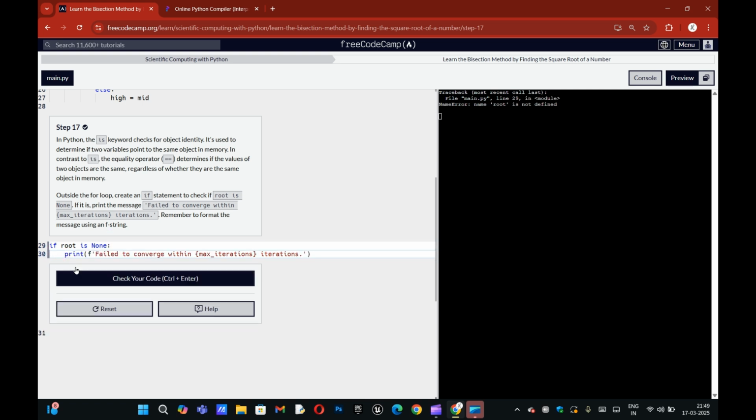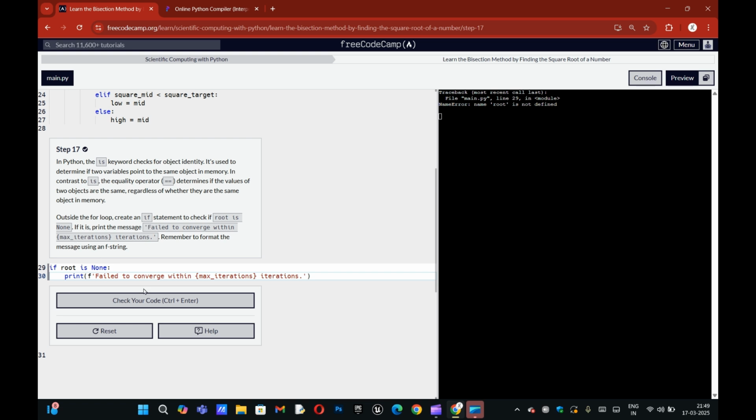I keep forgetting stuff. Oh yeah, root is not defined.